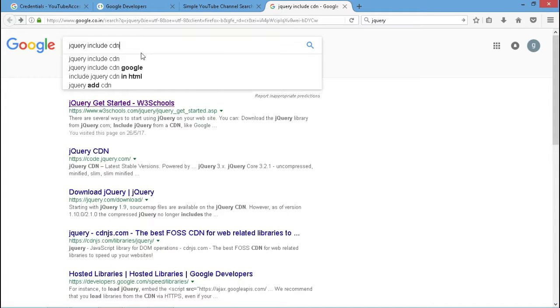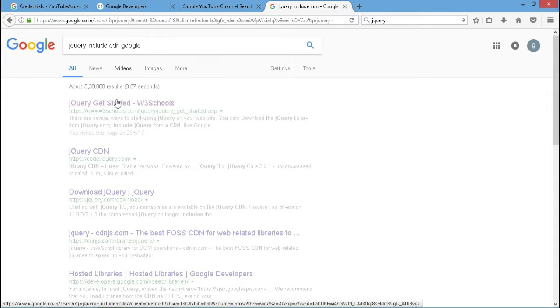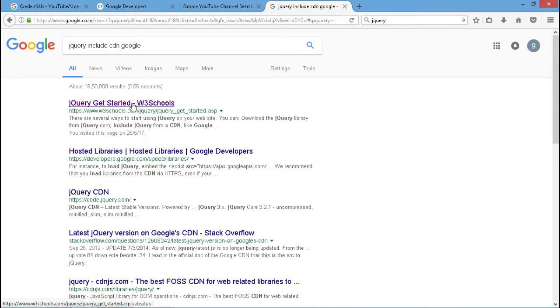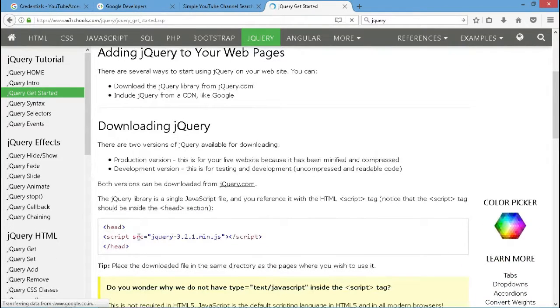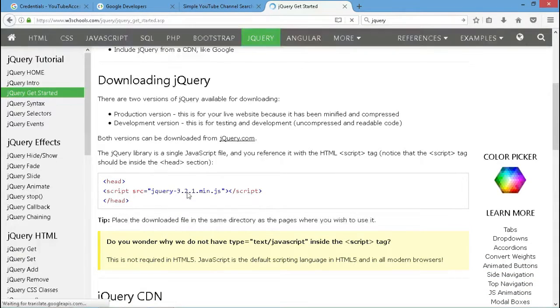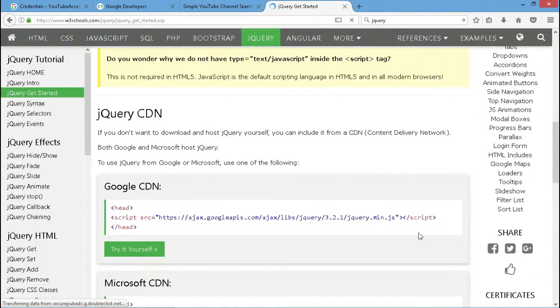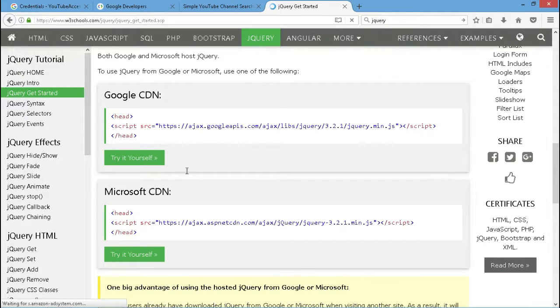So this is where we're going: jQuery get started. You can find it directly in W3Schools. As I said, you can download the jQuery file from the official jQuery page and include it in a script tag, but sometimes we need more than that. Here is another way of including the file directly from a server. There are two options, one by Microsoft and one by Google. Since we are working with Google,